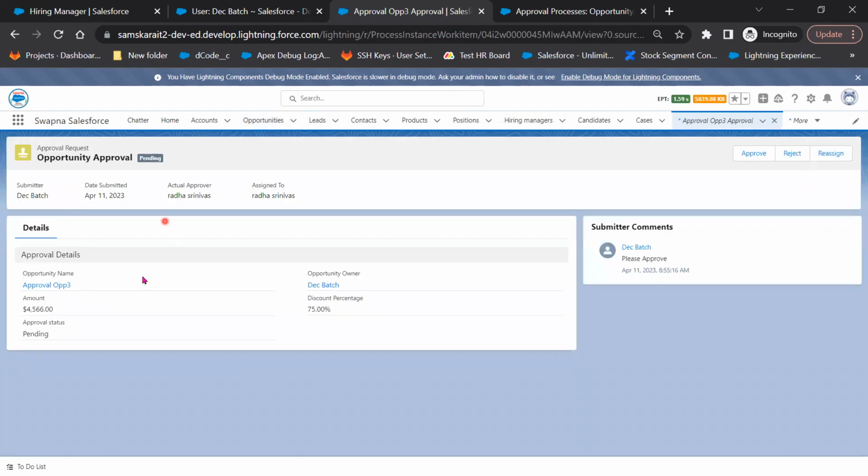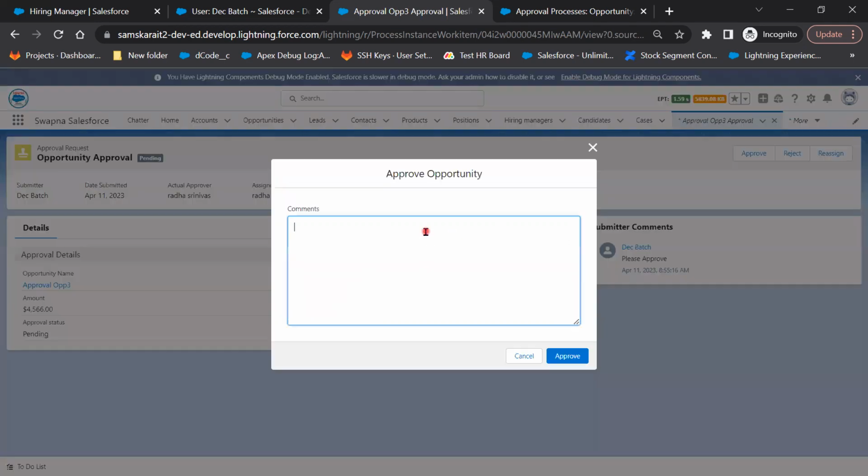Now this time, who needs to approve? The approver is Radha Srinivas, who is the manager. But what is the percentage here? More than 40%. More than 40%, we need a VP approval. But before going to the VP approval, the manager has to approve. If I click on approve,